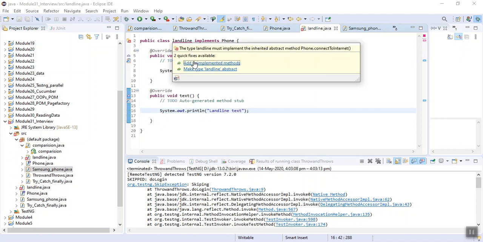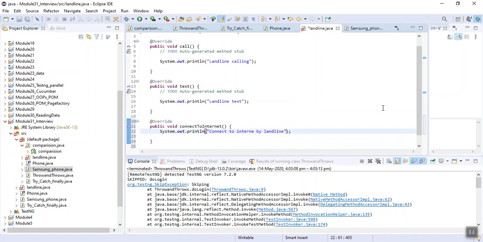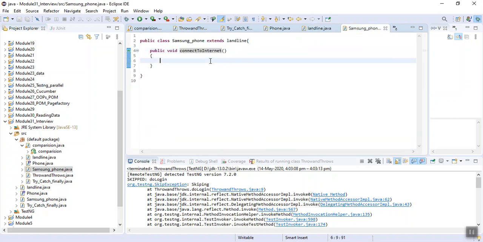Either I add this unimplemented function and write it out here, connect to internet by landline. Go and watch my video for interface, you will get the correct idea. And what I do here in Samsung, now see, the error has gone, because we have implemented it by Samsung.